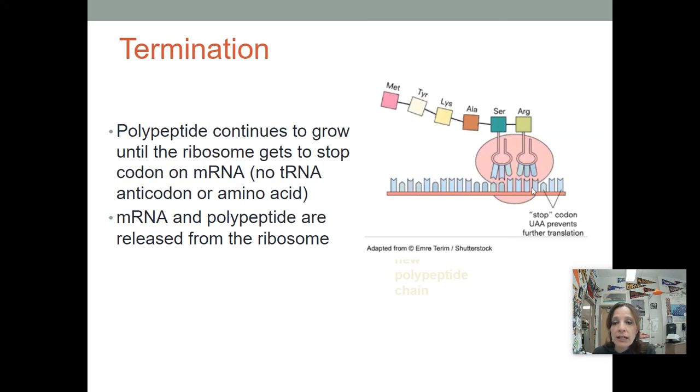The messenger RNA leaves, and then you have a polypeptide, which is going to go through secondary, tertiary, and quaternary structures, if you remember, in proteins. So remember this, the order of amino acids is the primary structure. Okay, so you get a stop codon, that's going to cause the ribosome to disconnect,